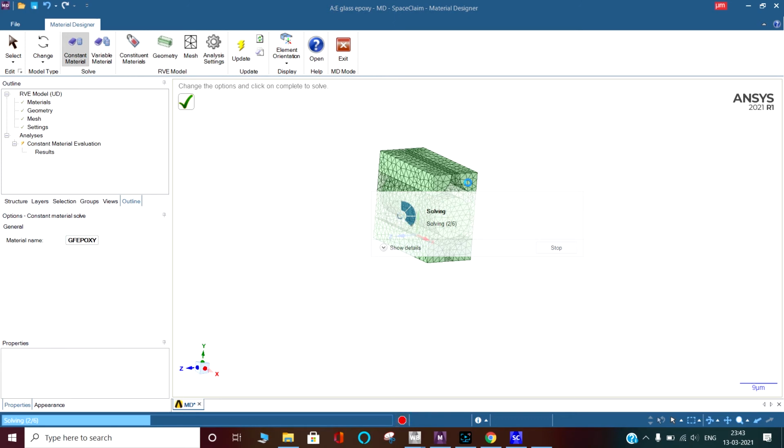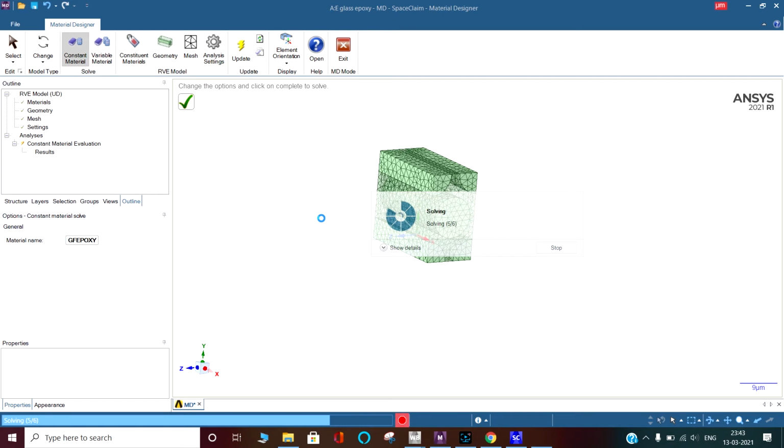So these 6 unit strains it is providing as boundary conditions, and it will find out the elastic constants. And at last, it will get the stiffness, not the elastic constants, but stiffness, and it will average them out and give it to us. Okay. I have not written it in my WordPad, but you should know all of these things.